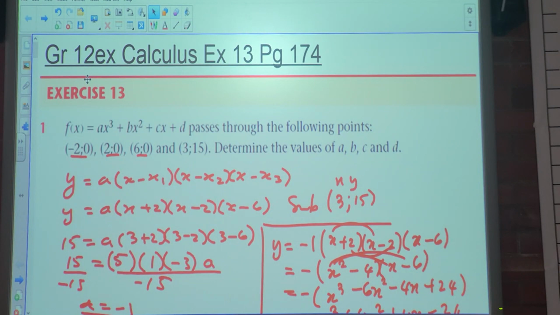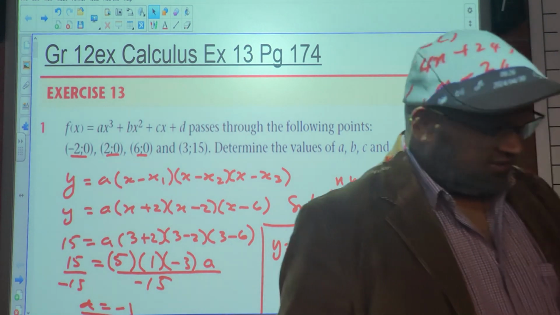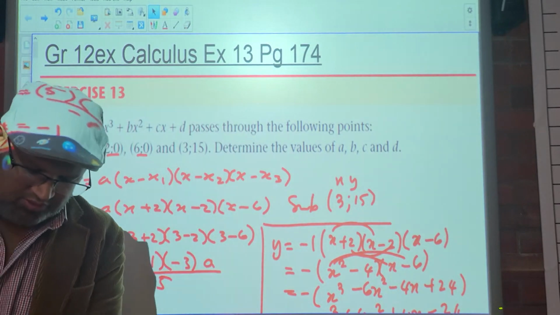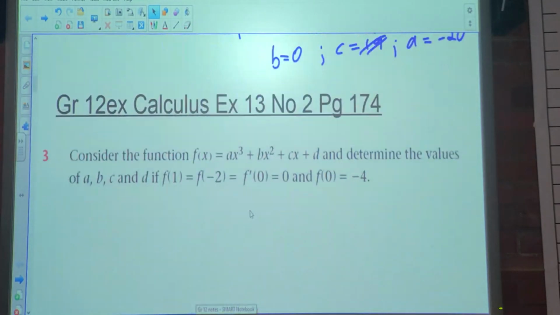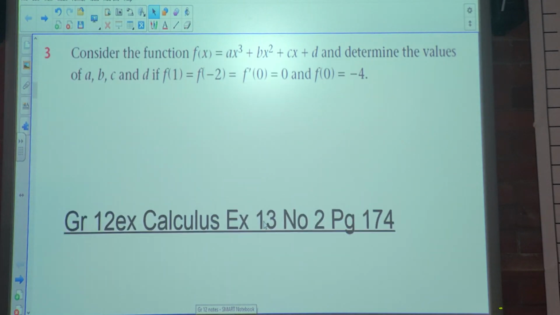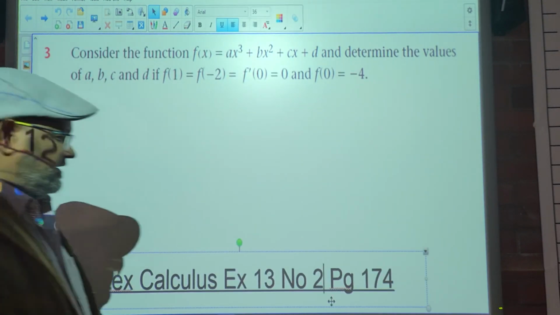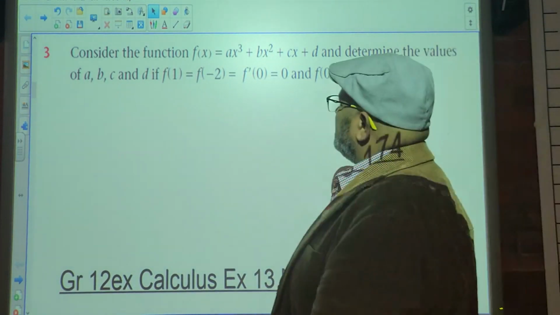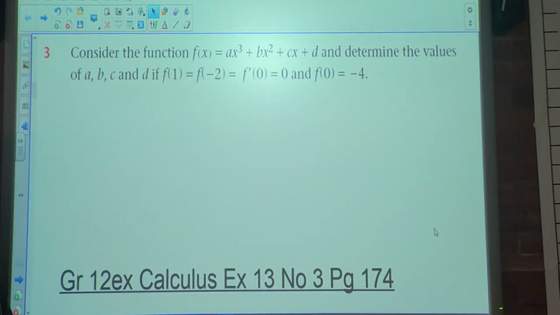Okay, good morning, class. So today we're looking at exercise 12, dealing with calculus. In exercise 12, we're on page 174, but we're doing number 3 now. I'm told to consider the function f of x equal to ax cubed plus bx squared plus cx plus d. Determine the values of a, b, c, and d if f of 1 equals f of negative 2, which is equal to 0, and f prime 0 is equal to 0, and f of 0